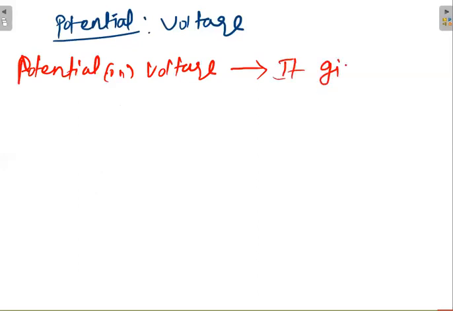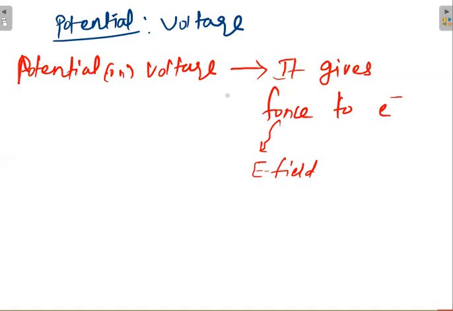Please remember, it gives force to the electron, because the electron has to move. Once you apply the voltage, the electron moves from one place to another. How does it move? Definitely it is getting some energy from some source. So from the voltage it is getting energy or force. I told you force and energy are one and the same under some conditions. Whenever I call it a force, that is similar to electric field, so I can call it the electric field. If force is there, definitely an electric field will be there. But who is giving this force or electric field? The voltage is giving it.